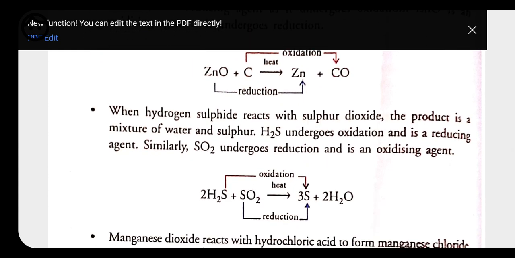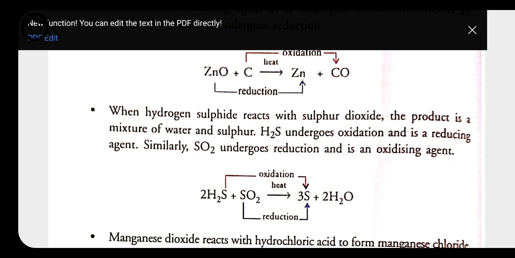Here we have one more example. See, hydrogen sulfide, that is H2S plus SO2. Here we will be taking this in terms of hydrogen. Here hydrogen and sulfur both are present in compound form. So sulfur is going to lose its hydrogen. Okay, so loss of hydrogen, because on the product side sulfur is present alone, meaning it is in the elemental form. So sulfur loses its hydrogen, that's why it is present in elemental form on the product side. So loss of hydrogen is what? Loss of hydrogen is called oxidation.